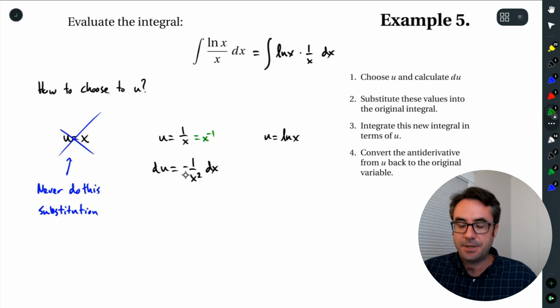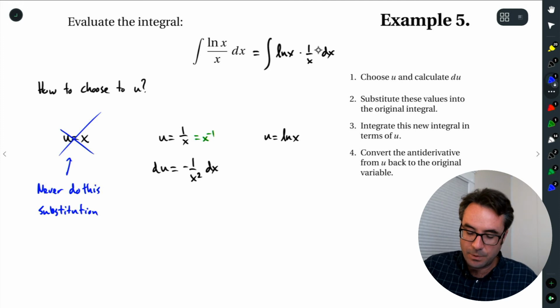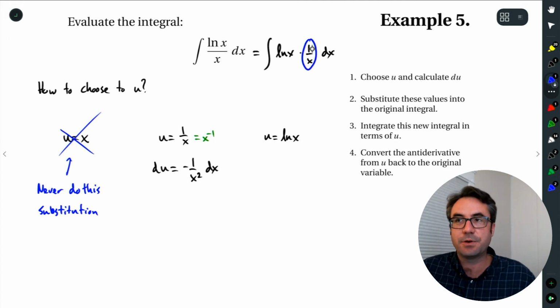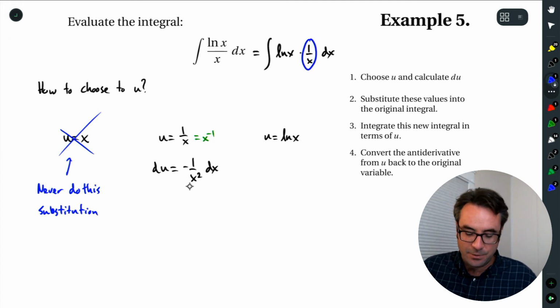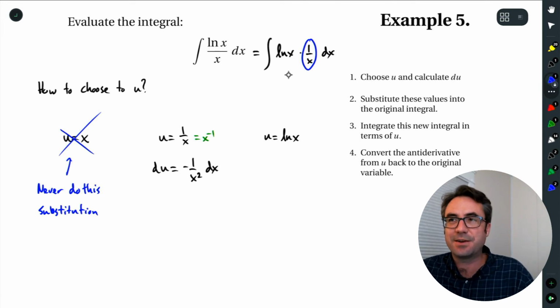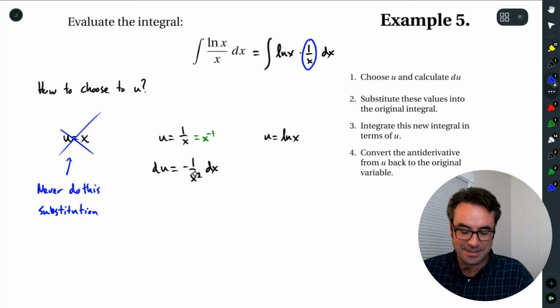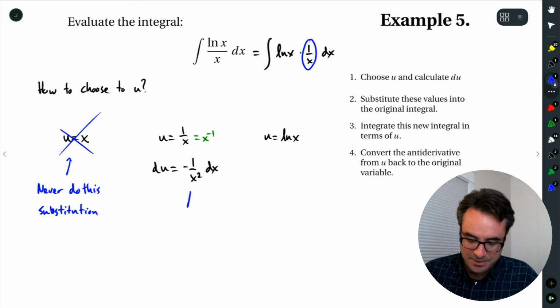All right, so if we look at our function we're trying to integrate, the terms in what we calculate for our differential, there should be something that looks similar up here. So if we're letting u equal 1 over x, this is already kind of spoken for. And the negative 1 over x squared doesn't show up really in what we have left. We have a natural log x dx. And that doesn't match up too well with this 1 over x squared. So this 1 over x squared is not a close match